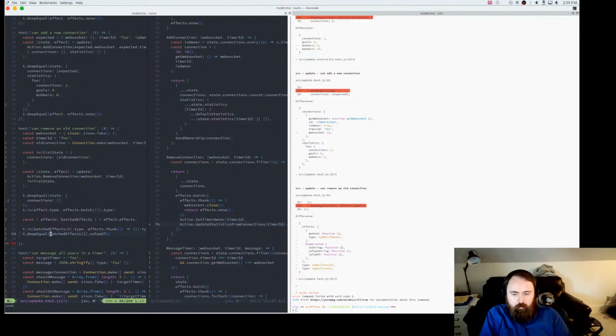That's going to be a long line, I just know it. So let's do action.set timer owner timer ID.